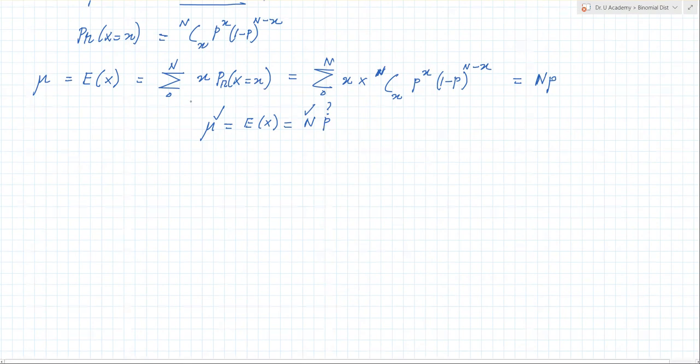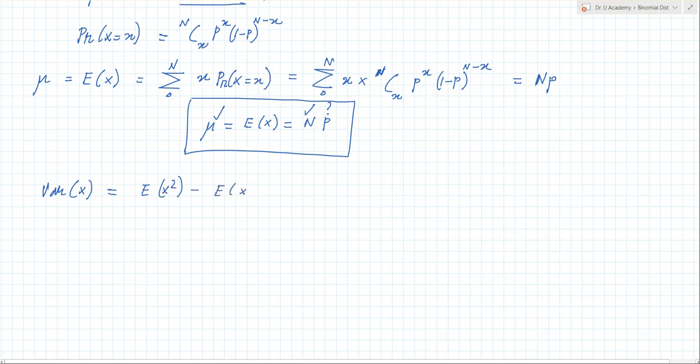Now, there is one thing that you have to note down. The second one is variance. You know, variance of x is E of x squared minus E of x, you know the definition of that, squared, right? So this also you don't have. Why? Because E of x squared would be, you put x squared over here and you have to simplify it, and then minus mu squared. You don't have that proof in the syllabus, but the book is showing it to you. It's not important. Then what is this value?